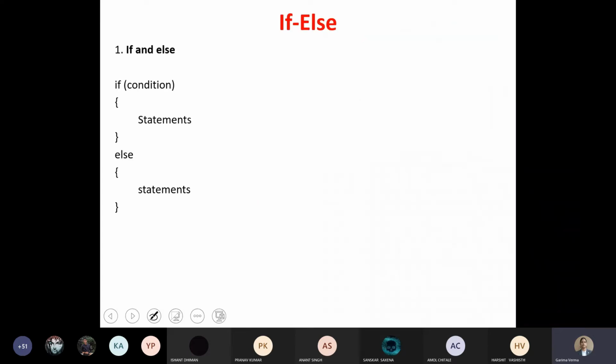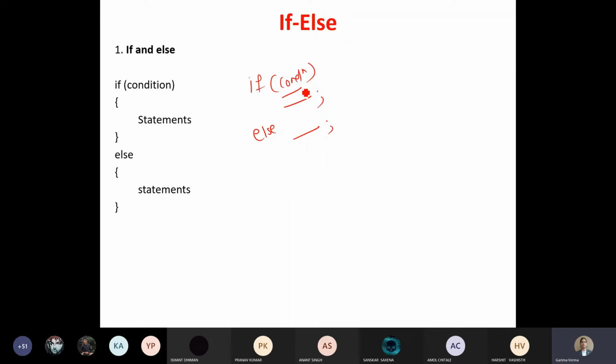So let's start with the first conditional statement in Java. So it is if else, and the rules are the same as you apply in the C language also. Like if you are writing the condition, and if you have only one statement after the condition, you need not create a block. It is a self block, which means curly braces आपको लगाने का जरूरत नहीं है. And similarly, the same rule is applicable for else also.